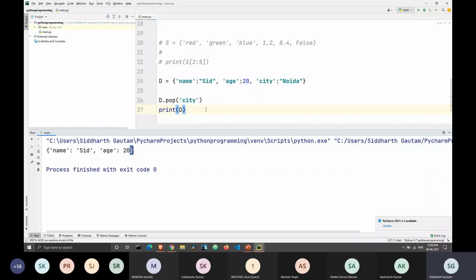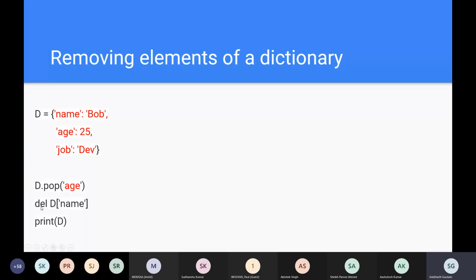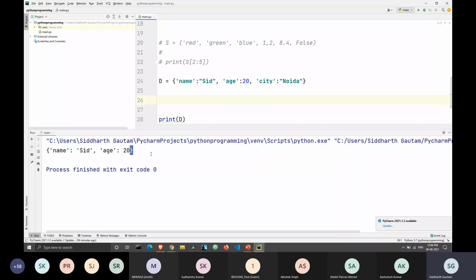And the other way of doing this is, let's say if I don't want to pop it, I want to directly delete it. We will use del. Del stands for delete, and then the name of our dictionary, and inside square brackets we can type the key. So let's use it: del d, and inside square brackets let's delete the name key.